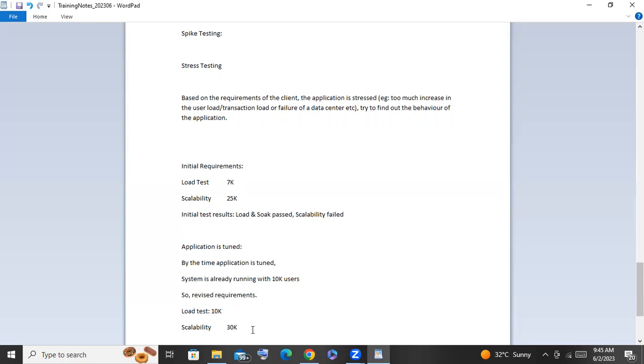Okay. Load test is 10K. Scalability test is 30K. Okay. This is the revised requirement. But guys,